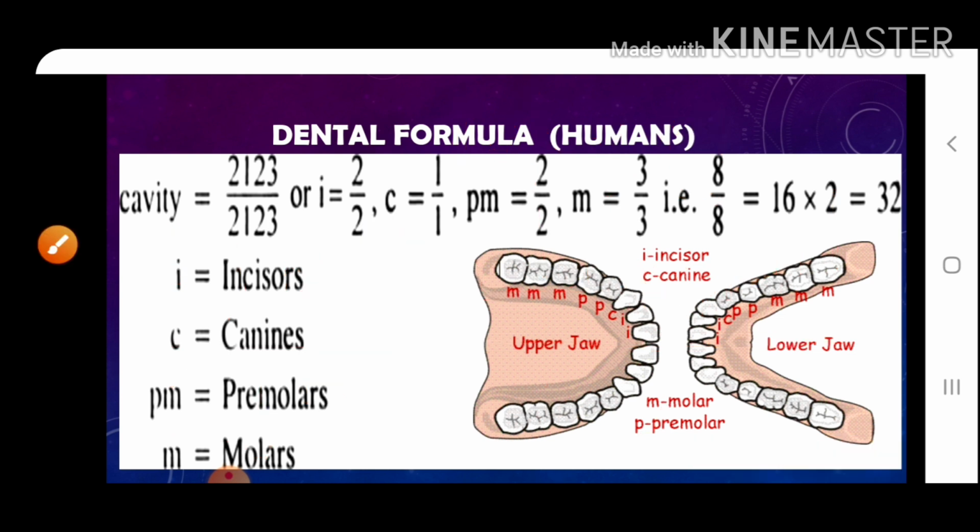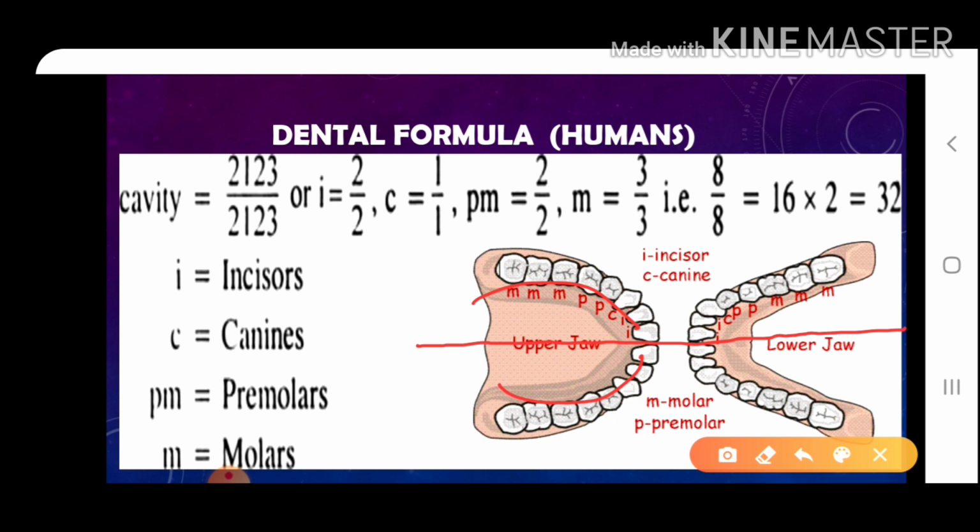Now, when you have to find out the total number of teeth, since we have divided upper jaw and lower jaw into 2 halves through an imaginary line, we have got same halves on both the sides. We have got same quarters on both the sides. So what we would do is we would just multiply it by 2. Why are we multiplying it by 2? Because same set of teeth are present on this side and same set of teeth are present on this side. So it is repeated twice. So since it is repeated twice, in upper jaw we would write 2, 1, 2, 3. This is into 2.